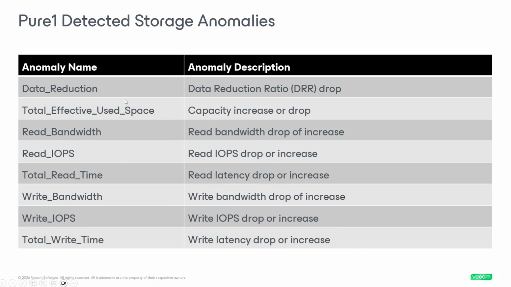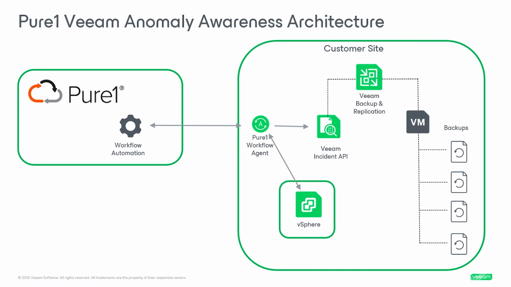Pure1 can detect storage anomalies. And these anomalies are very complementary to the anomalies that Veeam ONE can detect. For example, I'm not going to read through these, but I'll showcase the data reduction anomaly. If you've got a 4-to-1 data reduction on your data store volume on your flash array, and all of a sudden that drops to 1-to-1, let's say, that could be indicative of a ransomware encryption event. So that will fire the anomaly, and we'll see coming up here the architecture, and then we'll walk through the